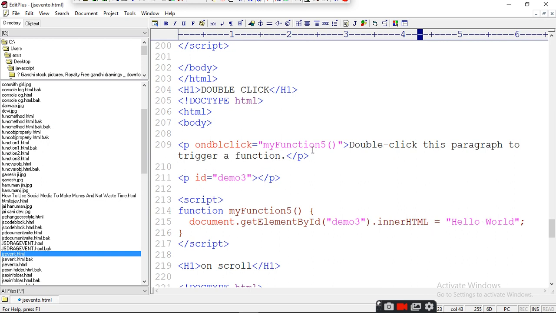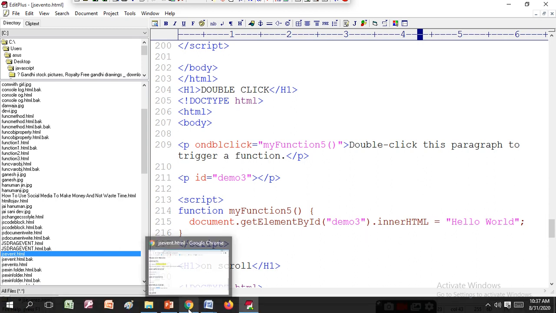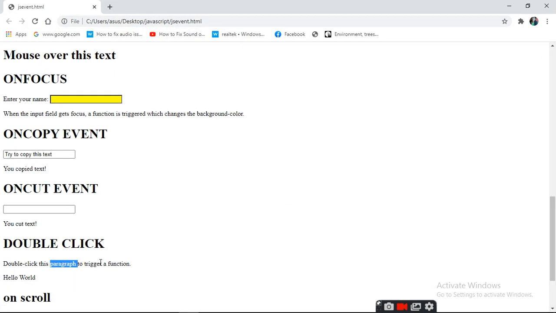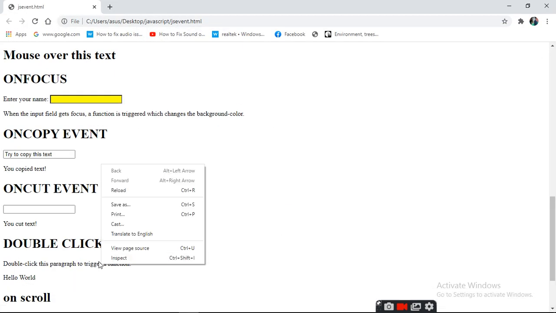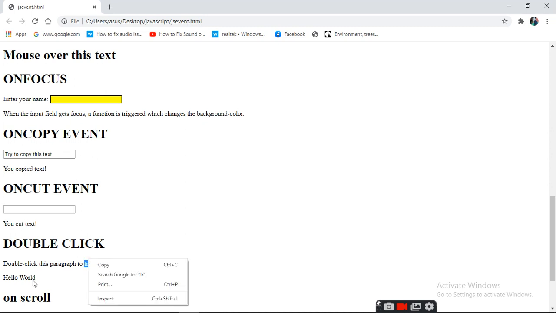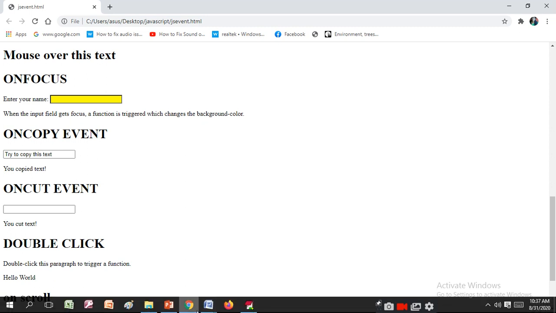It was working yesterday. Let's see again, something is wrong. On double click, my function 5. This is 5. Double click this paragraph to trigger a function. Inner HTML वर्ड लिखा तो सही है. क्योंकि सेम प्रोग्राम में हम लोग ये आ गया हेलो वर्ल्ड. डबल क्लिक करने पे हेलो वर्ल्ड. नाउ नेक्स्ट इज